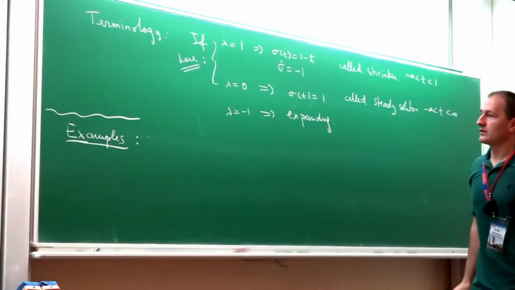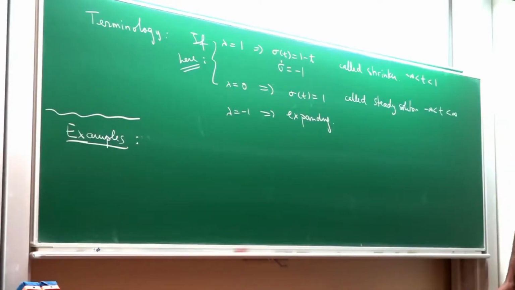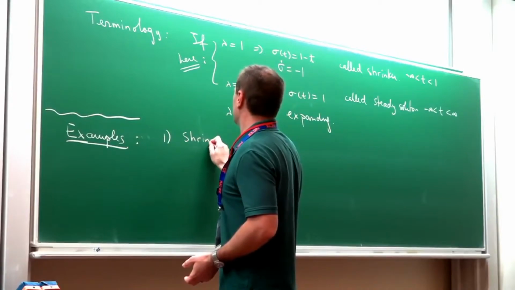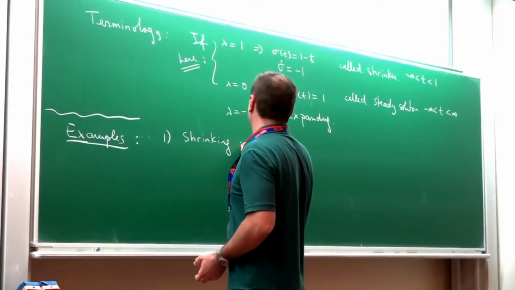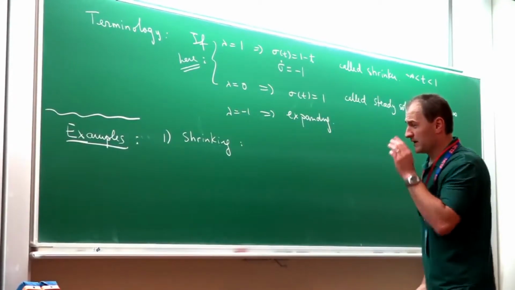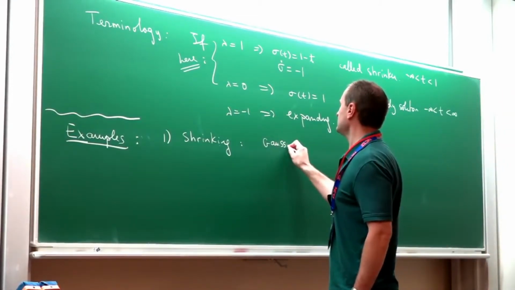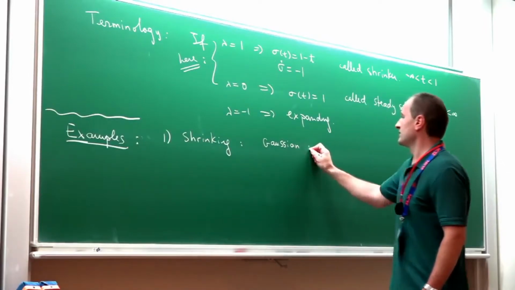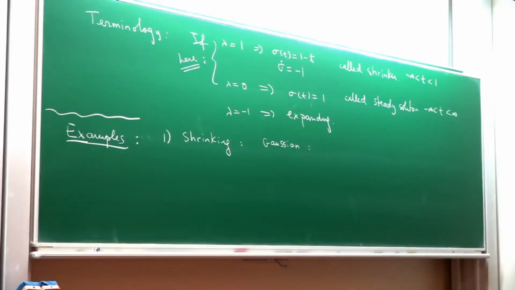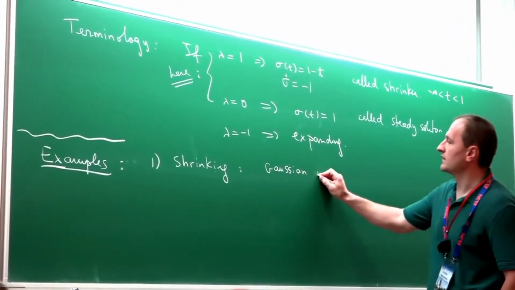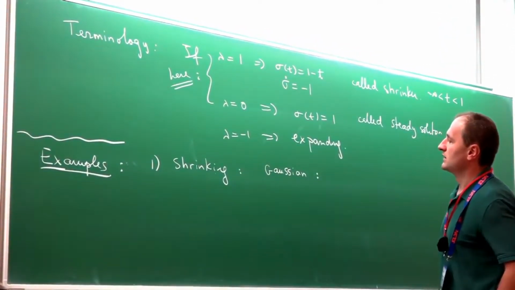And I'm leaving this one out. So for examples, for shrinkers, in the shrinking case, we have the so-called Gaussian. This is not that important for Ricci flow, but it is a good example. I mean, it is an important example